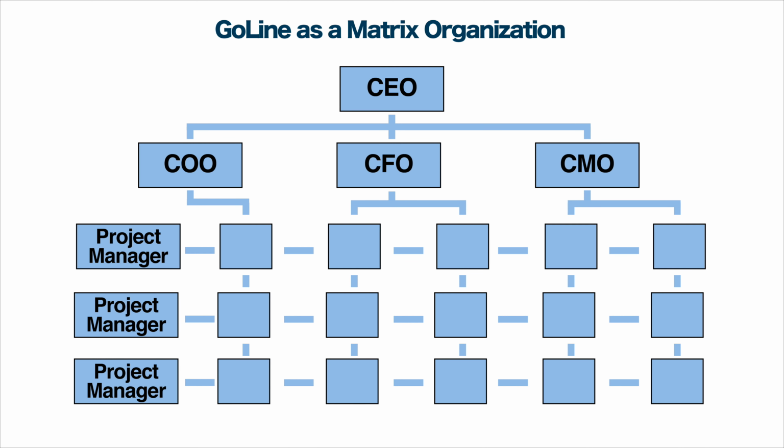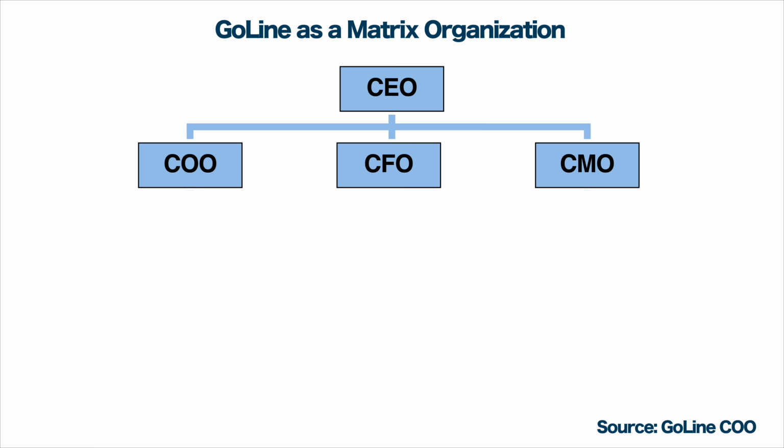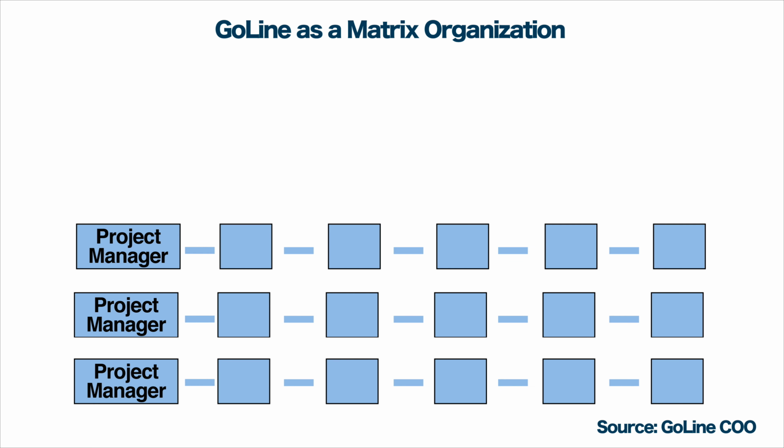At the top of the chart is the title. GoLine's COO is the source of the data. The CEO and the senior management remain at the top of the organizational chart. The remaining employees are grouped into different project teams led by a project manager. Now you're ready to write a 3-part description and analysis of your proposed restructuring of GoLine.